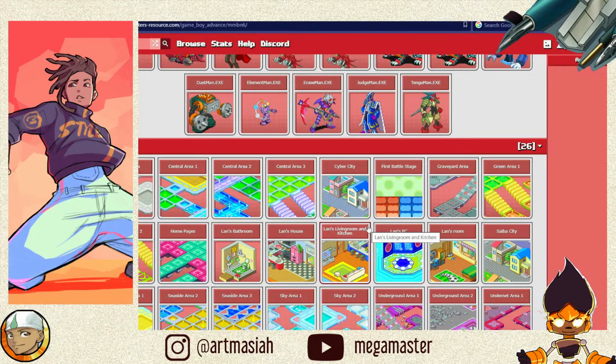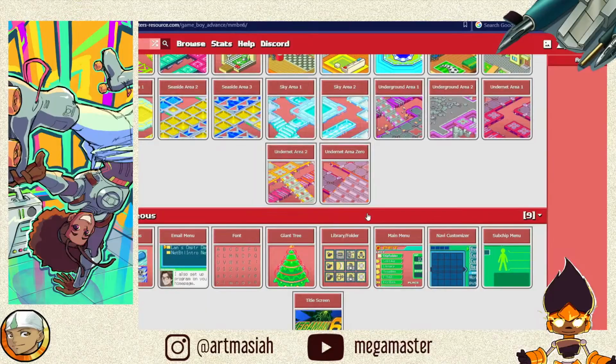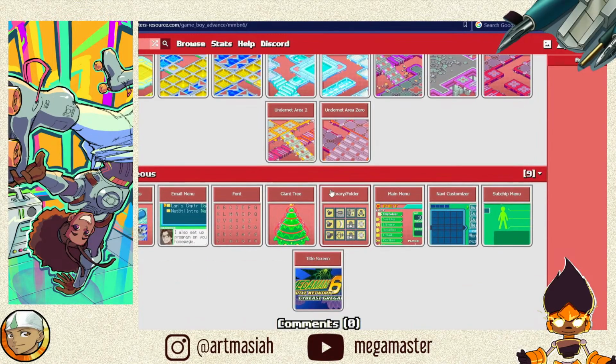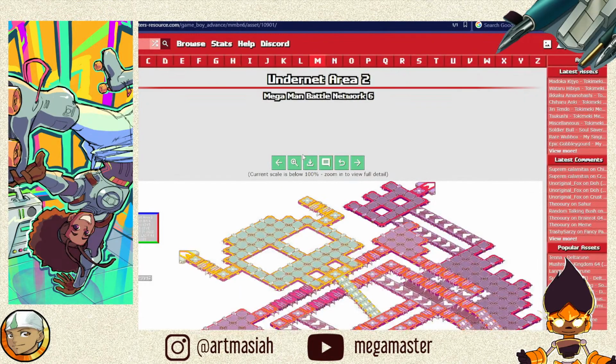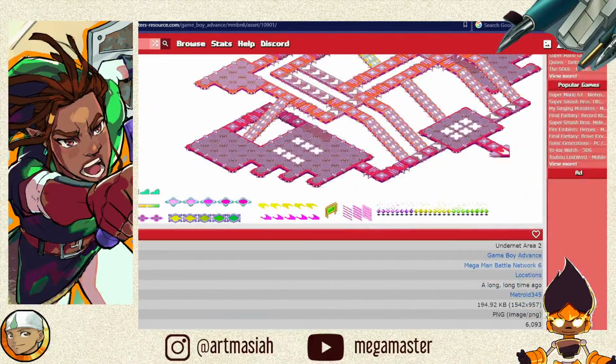Okay, so there's some cool areas here. Okay, we want to start off with these panels, I think, though. These panels are really cool.